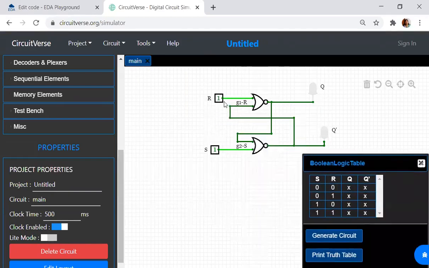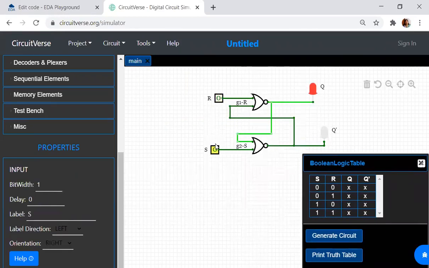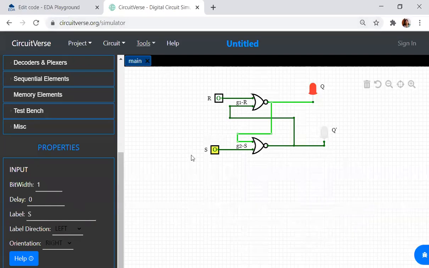Now, what was the truth table combination for your NOR gate? If A is 0 and S is 0, this is glowing. That means there should have been some previous input over here. Then only that previous input will be available over here and go over here. For that, let us assume that Q has a previous state as well as a next state. So I'm assuming that it has a previous state as well as a next state, and I will write down the truth table as of now.